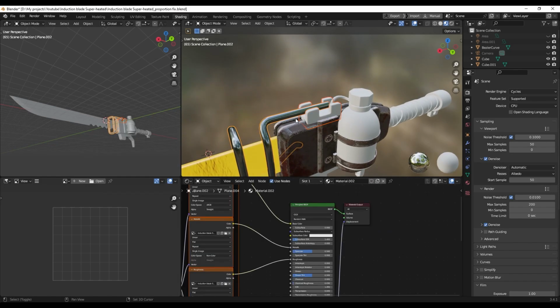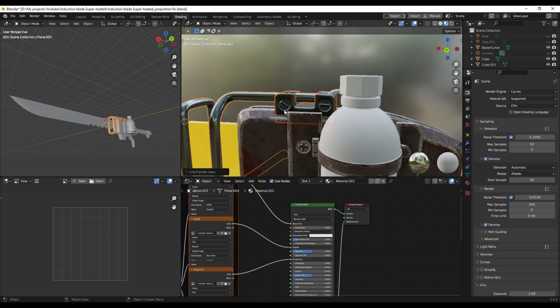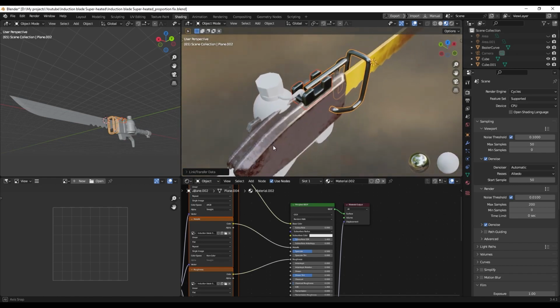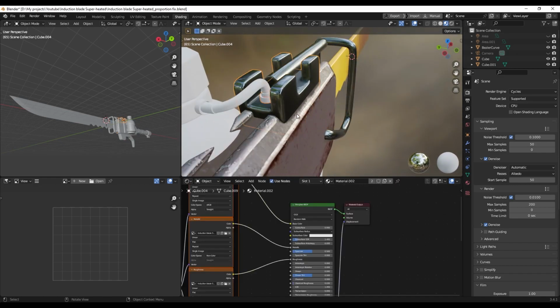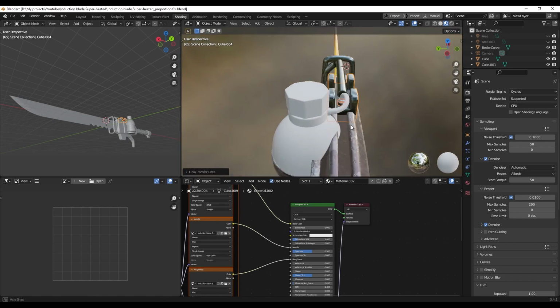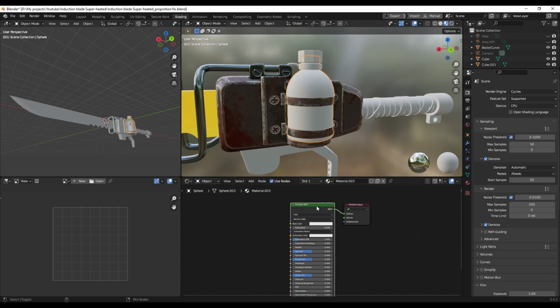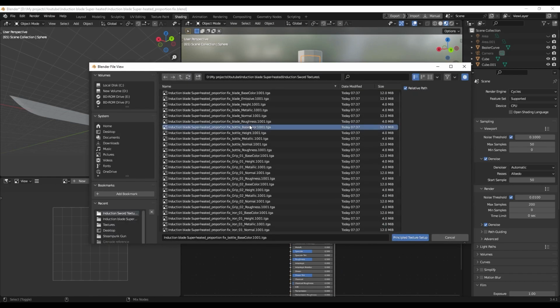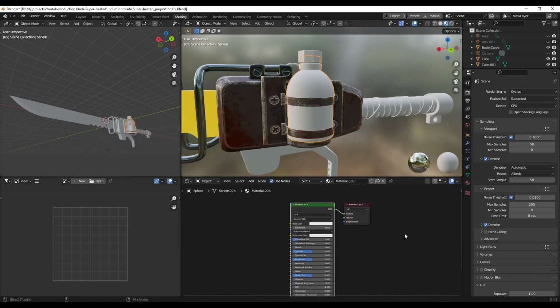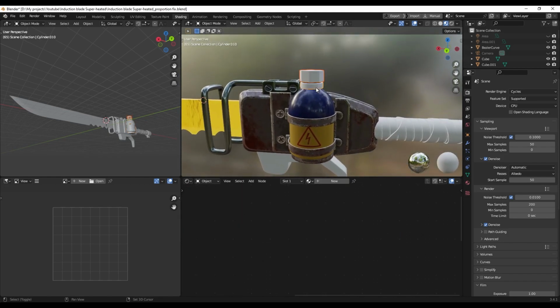Yes, and this also was linked to this one. As you remember, these are the same. The bottle. Here we go. Also this